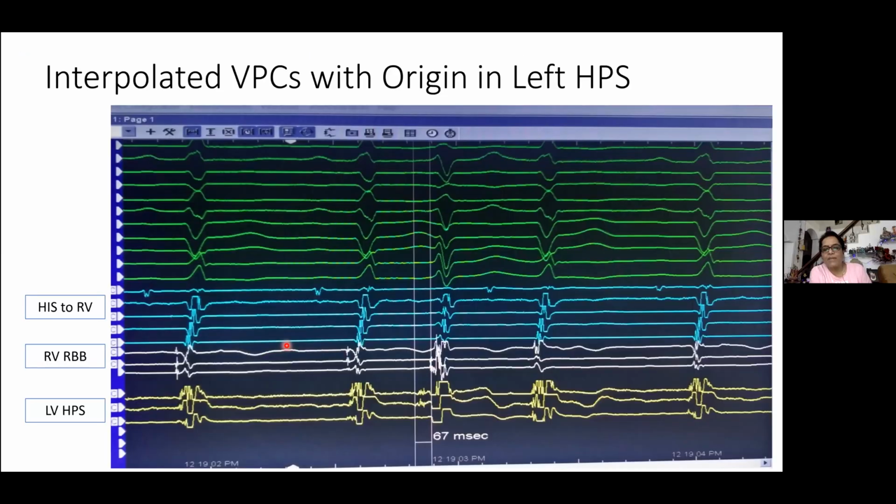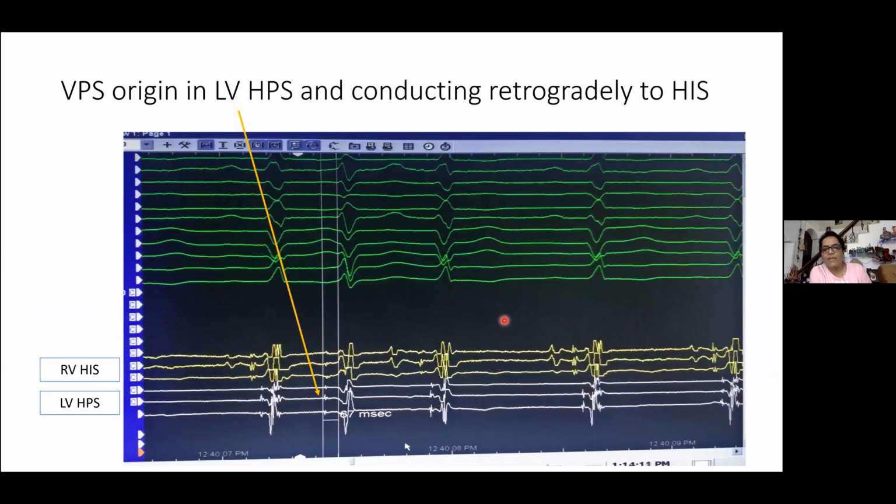You can see the lead V6. So V6 will help you to demarcate which is the ectopic and which is the sinus. This is the sinus, no S wave. This is the ectopic, S wave. So this is the ectopic. You see the left bundle firing before, then it is the right bundle. And in this, the His bundle is not very apparent, but later on I'll show you others.